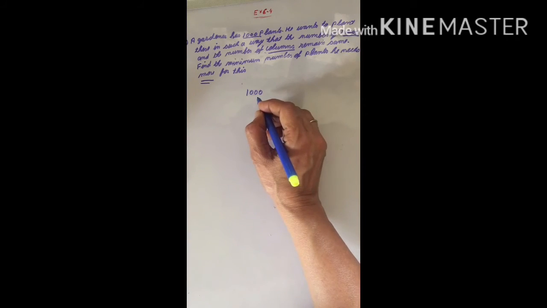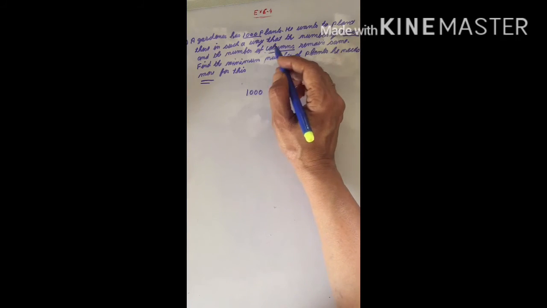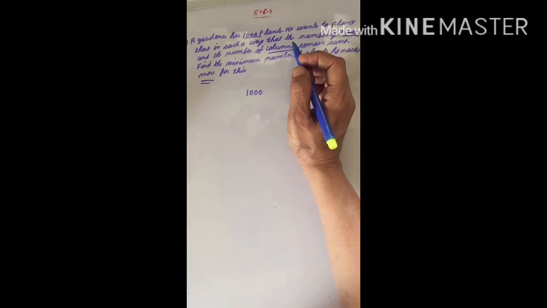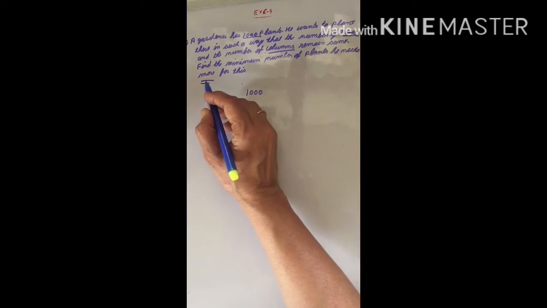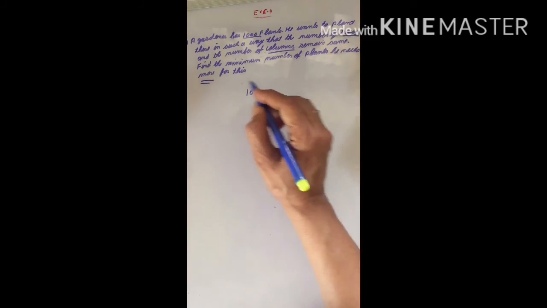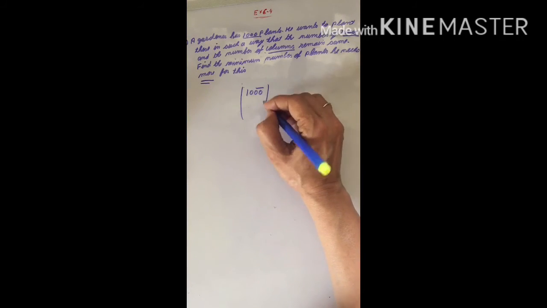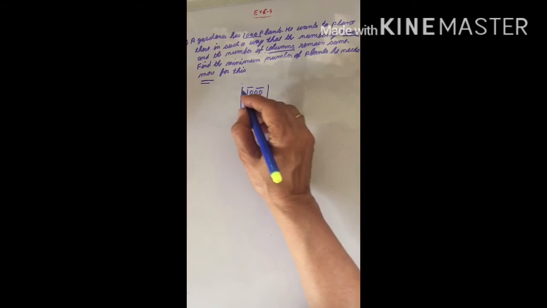When it is not a perfect square, we cannot get numbers in which the number of rows and columns will be the same. It means something should be added, as it has been asked how many plants he needs more. So first of all, let us find the square root of this one. Now we are using the long division method.